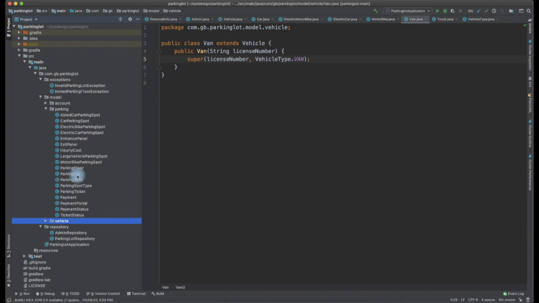So minimally what is required, that is how I have explained as well. Users are going to park, so an account and users are required. That is what I explained first. Users are going to park what? They are going to park vehicles, so I modeled vehicles second. Where are they going to park? They are going to park their vehicles in a parking lot. This is how I am explaining the solution.